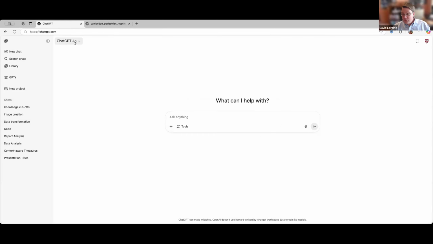You'll note that ChatGPT looks a lot like AI Sandbox. Unlike AI Sandbox, we are limited to OpenAI models. So you'll note that it defaults to GPT-4o, and like Jefferson mentioned, that is the default model, which is right for most people for most tasks. It's the model that I use for most tasks as well, but as I'll mention on a few more slides, you can step up to a more